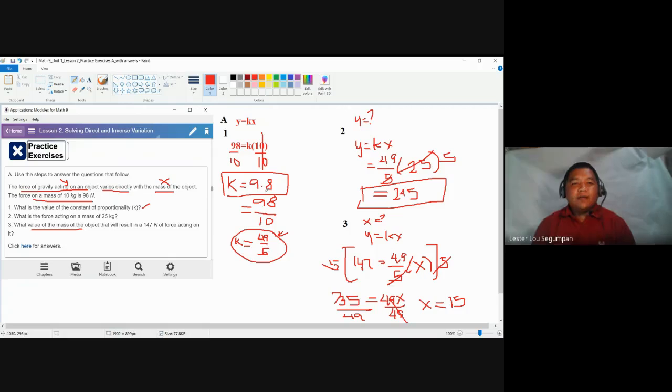So this is how we solve direct variation. We have one problem where we solve for k, and we refer to k in all of the problems that come next. If you have more direct variation problems, simply get first the constant of proportionality before you take on any other problems concerning it. We will have another video for the next practice exercise. As for this practice exercise, it's already done.